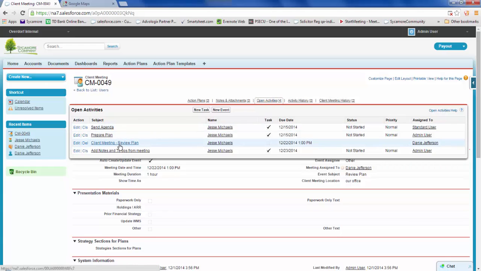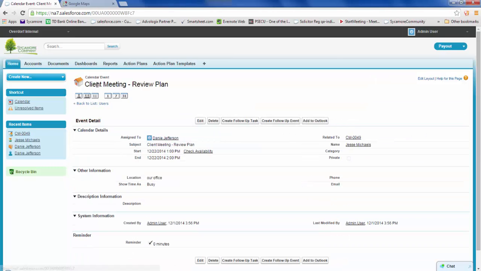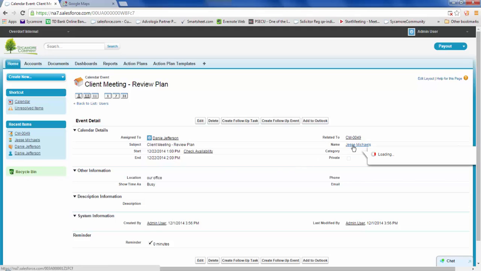So this is the actual event. So if I click that link, it will take me to the event. I can see my subject, so review plan was appended to the words client meeting, the date and time of the appointment with a duration of 2 hours. I'm going to go back to my client account,